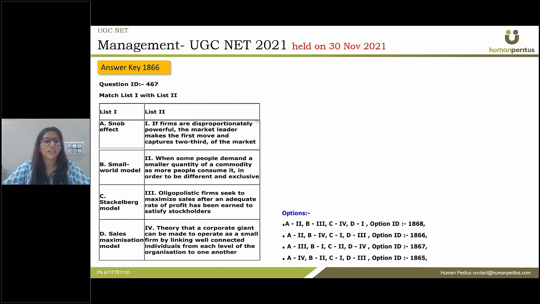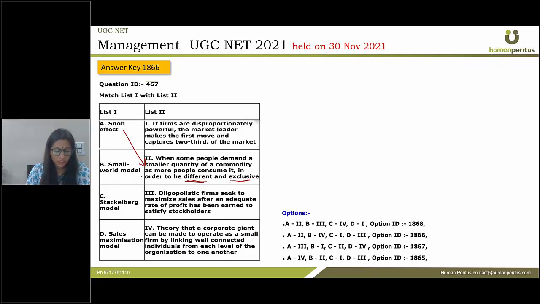All right. Now let us consider the first one. It is snob effect. Snob effect is basically the desire of specifically the higher income groups to buy certain products which make them stand out. All right, some luxury products or such kind of products which are unique and which are precious, and most importantly, they should not be commonly owned by the majority of people. So statement number 2 seems to be matching, which is different. They want to consume different and exclusive kinds of products.